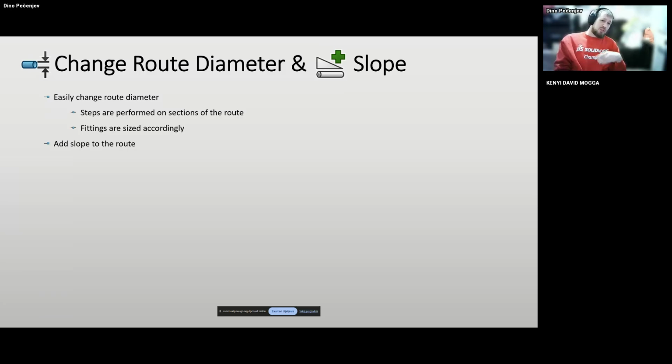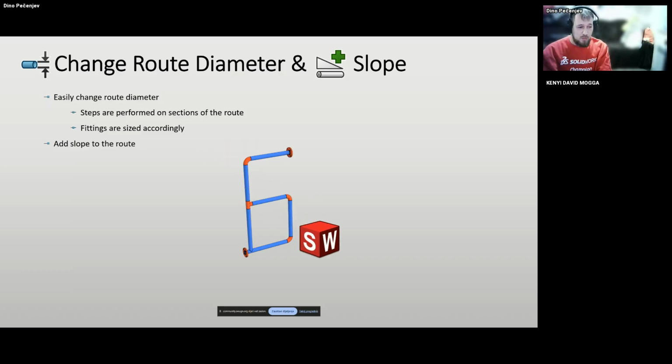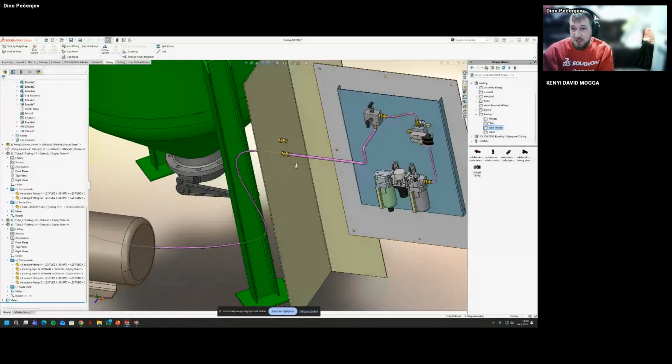We have an option to change route diameter, which will take care of multiple things for us. So we're going to move on to the presentation because this part is really simple. I'm also going to show a simple goodie here. So for this, we're going to use change route diameter.